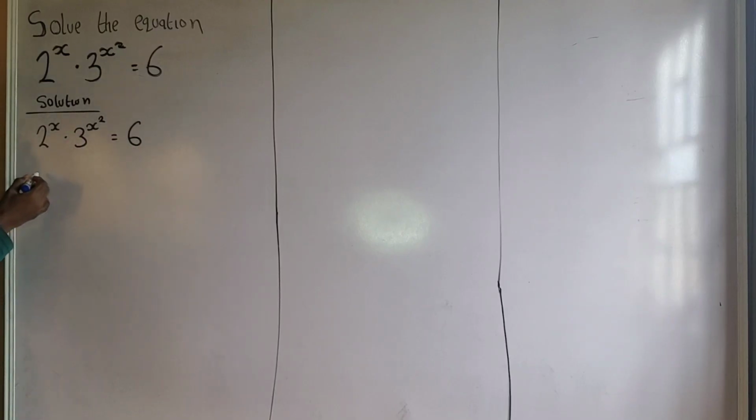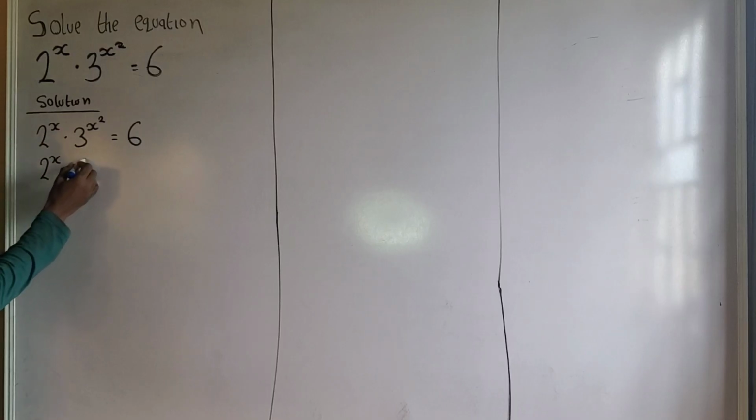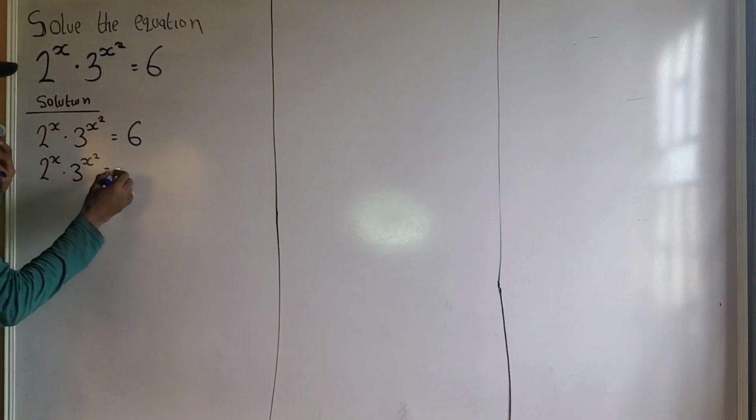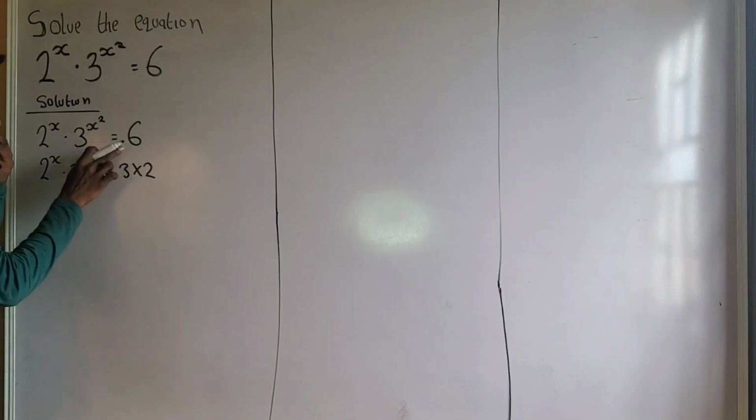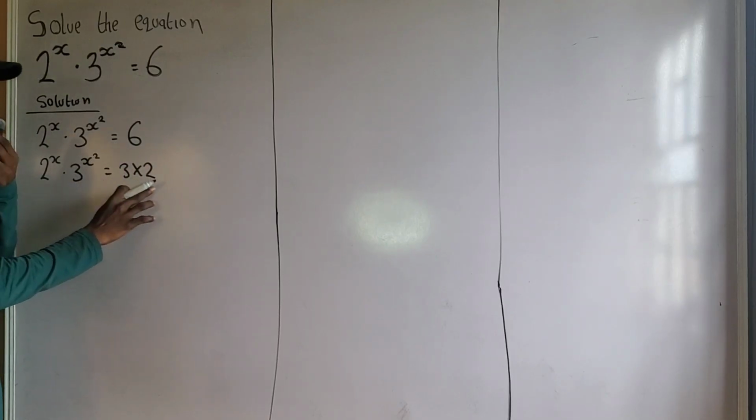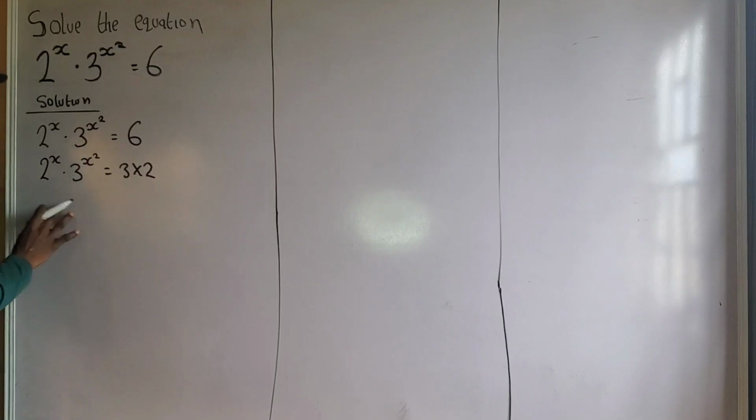Okay, I can rewrite this equation as 2 raised to the power of x multiplied by 3 raised to the power of x squared equals 3 times 2. That is, I rewrite 6 as the product of 3 and 2. Do you understand? Okay, having gotten to this point, the next step is that you have to take the logarithm